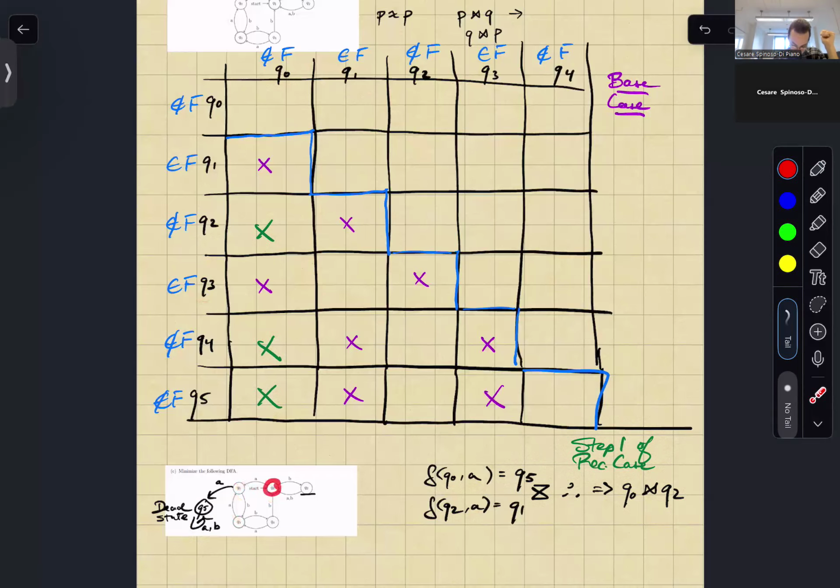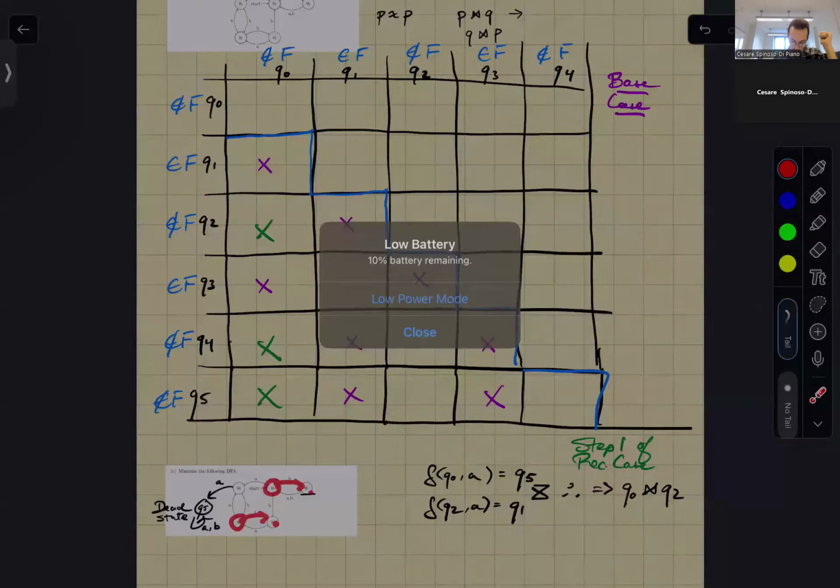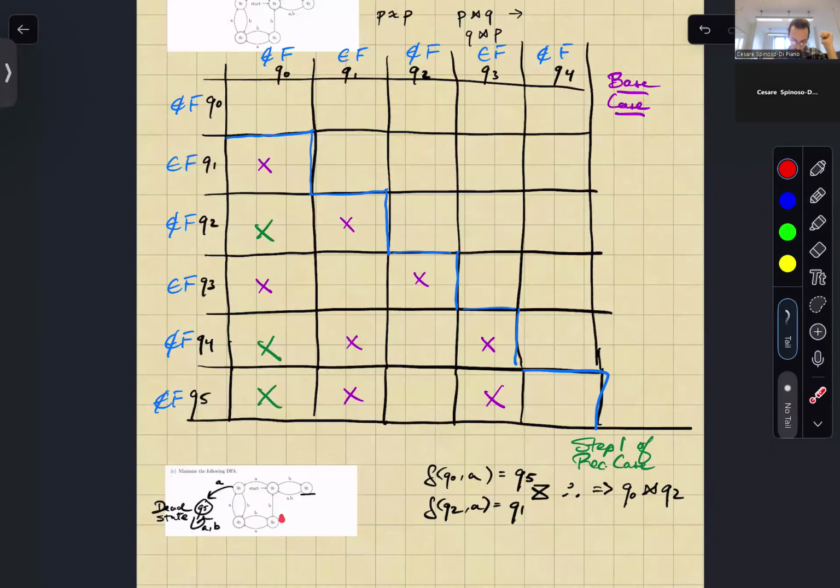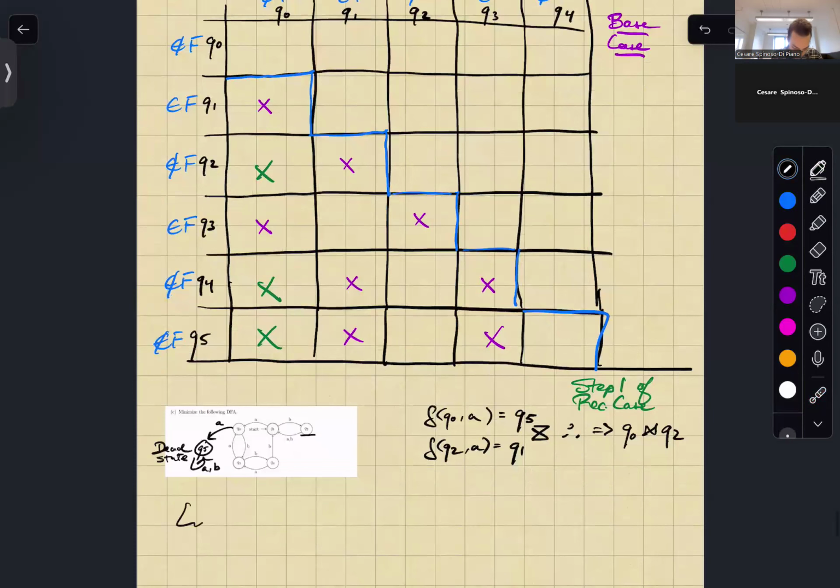So Q1, when you read a B, you go to Q2, and Q3, when you read a B, you go to Q4. Let's look for Q2, Q4. So Q4, Q2 is unmarked. This is a bit subtle, but when it's unmarked, it means that you can't actually conclude that you go to a pair of distinguishable states. So that means that you should leave it unmarked. So leave Q1, Q3 unmarked